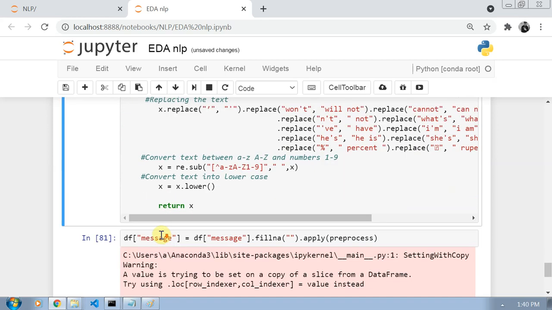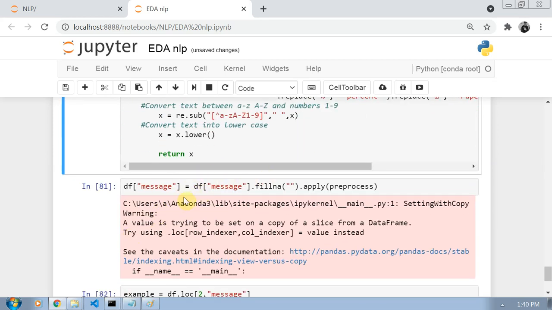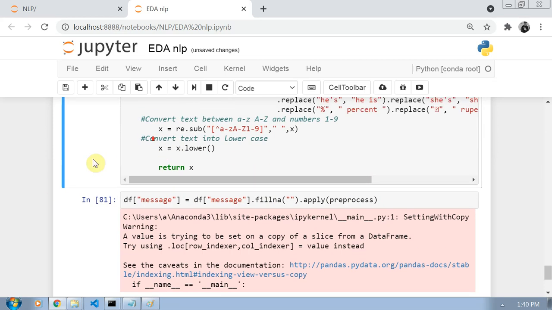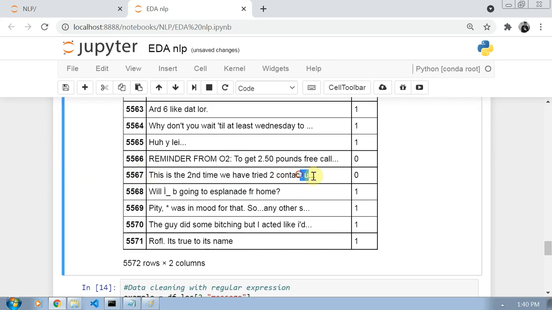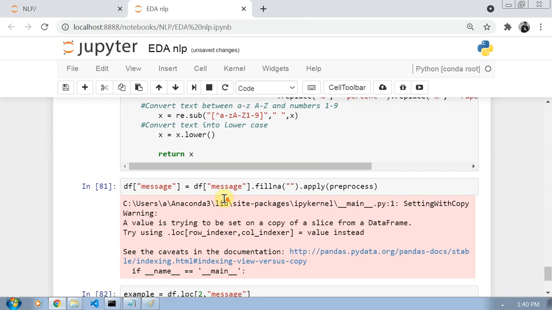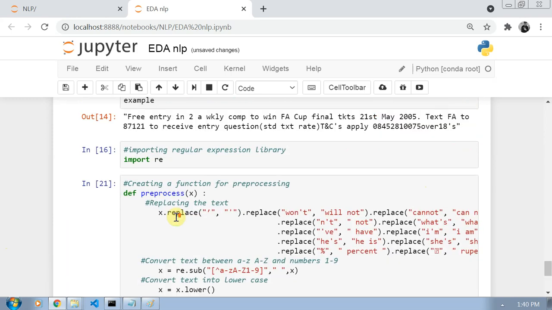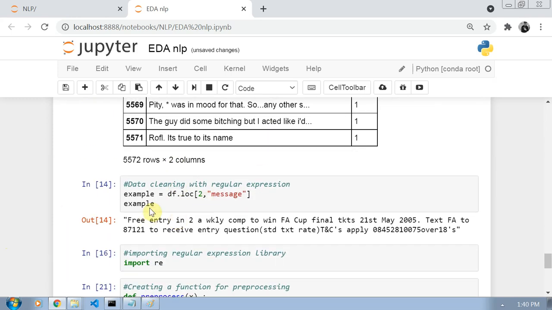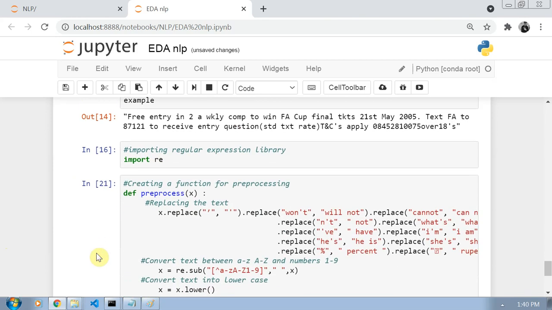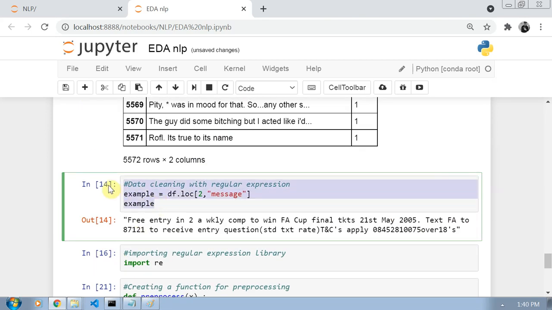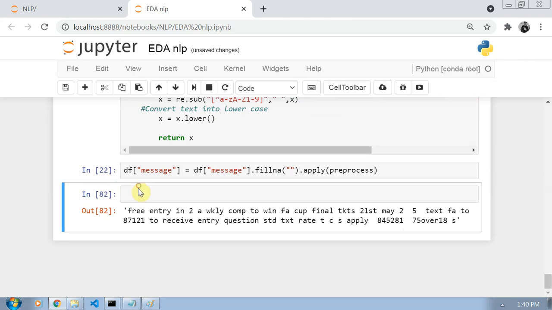Now for my message column, df message, fill NA with blank and apply this function, so this function will be applied on every message. Execute this. Now if I see the same example which I have seen here, the data will be cleaned.